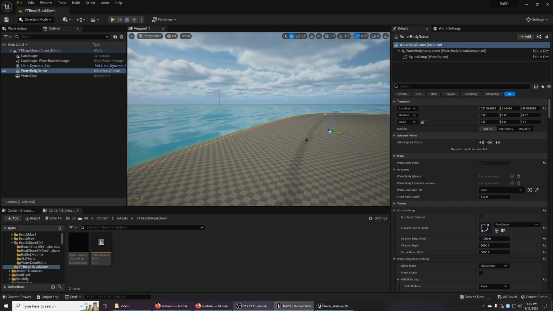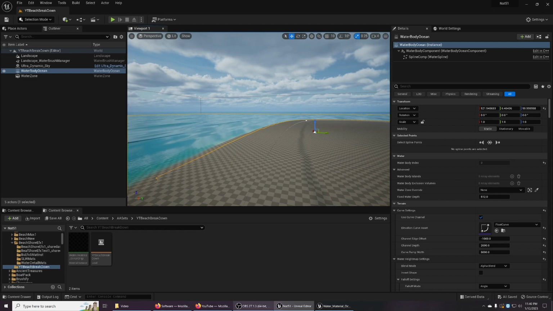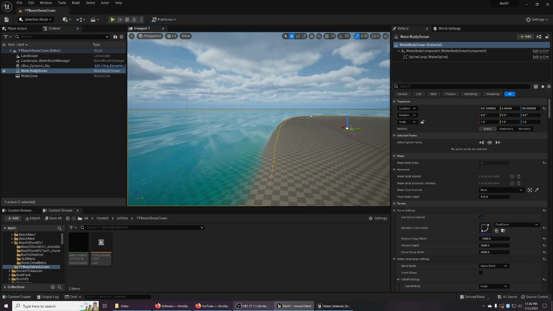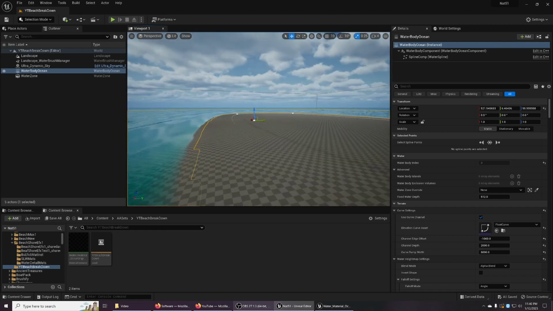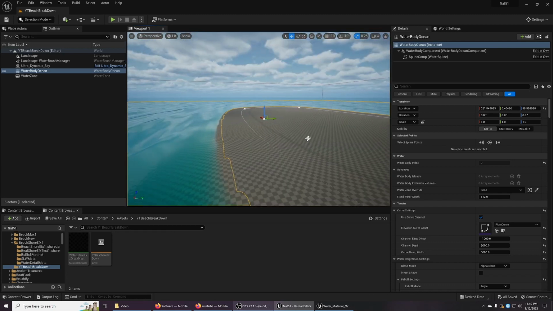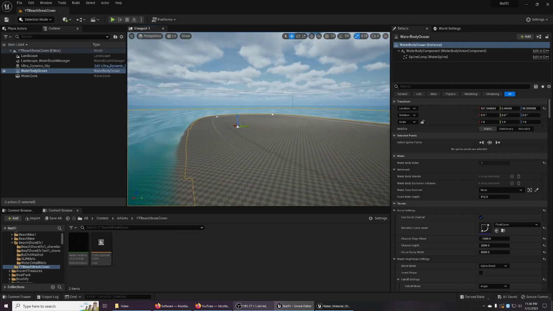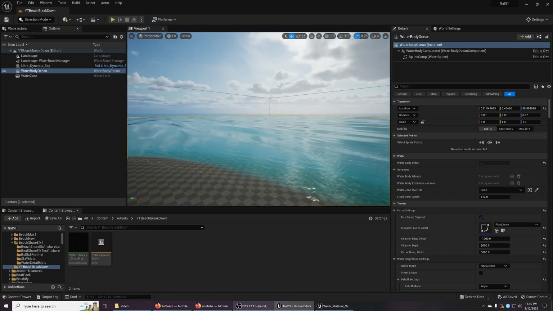Hey, wanted to show you around some of the stuff I've been doing with the stock Unreal water system, shore lapping, getting waves to sort of break, that kind of thing. So I set up a plane level for this video. The landscape has no material on it. The sky is just using Ultra Dynamic Sky,